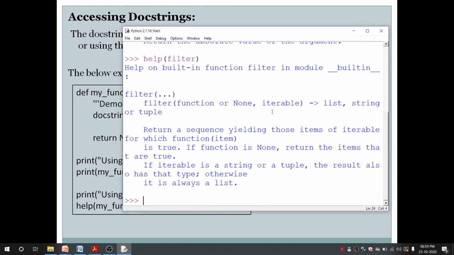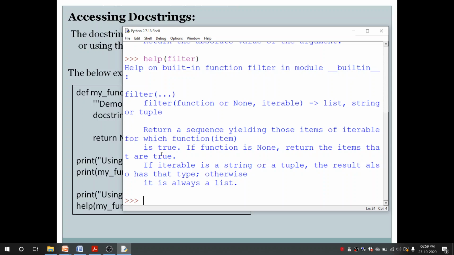So the filter function takes an argument, that is a function or None, and an iterable argument. So an iterable can be a list, string, tuple, and it returns a sequence yielding those items of the iterable for which function of item is true. So like this we can get the docstring which is associated with the function.